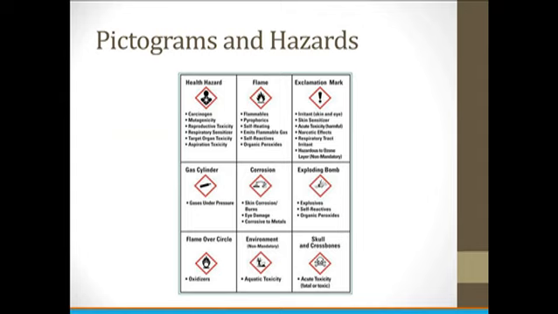With the new standard, labels will require pictograms that have red borders with a picture inside the diamond. Here you see 9 pictograms. The flame is used on flammable chemicals. An exclamation mark indicates health effects such as skin and eye irritation. The gas cylinder indicates gases under pressure, and corrosion indicates skin corrosion or burns, eye damage, and corrosive to metals, and so forth. Please look through these pictograms and be familiar with them.